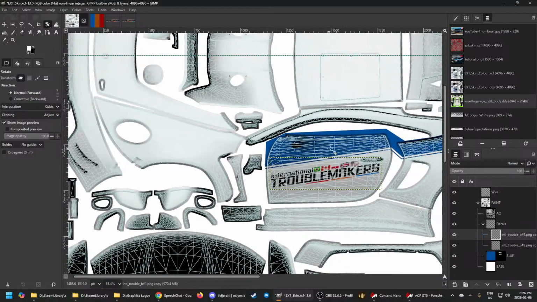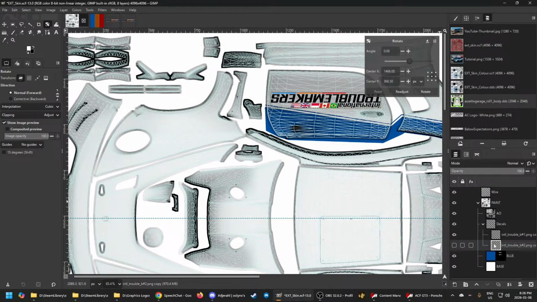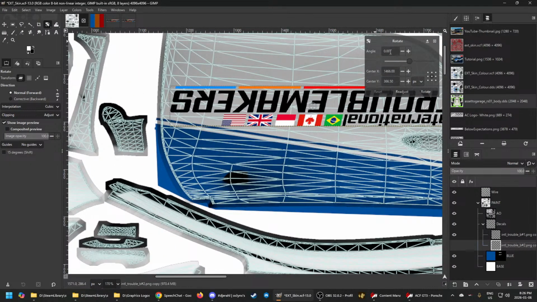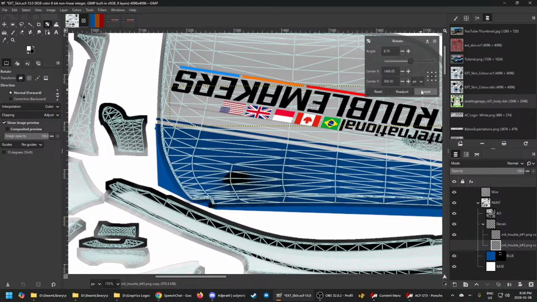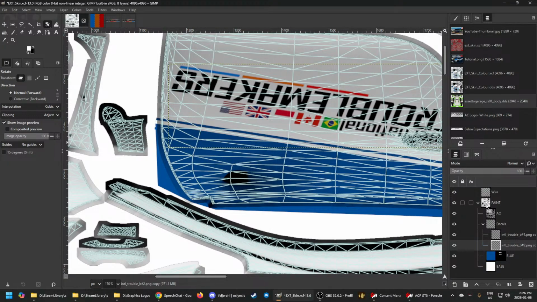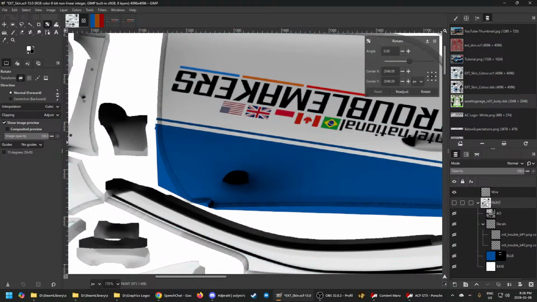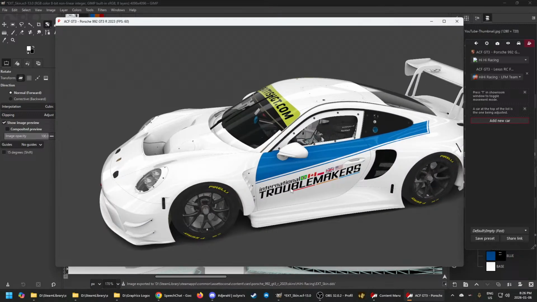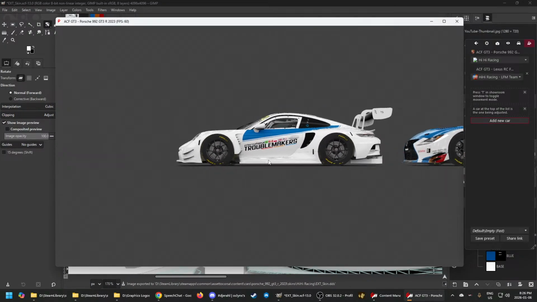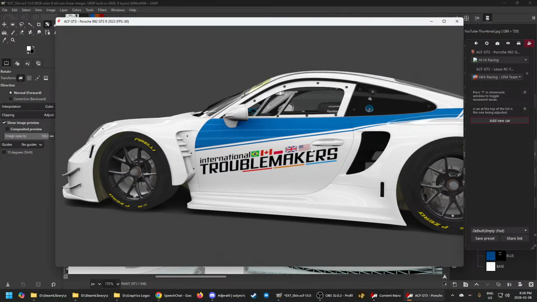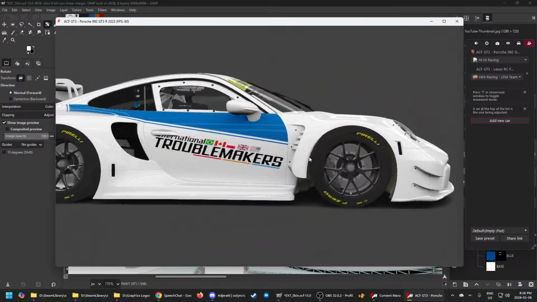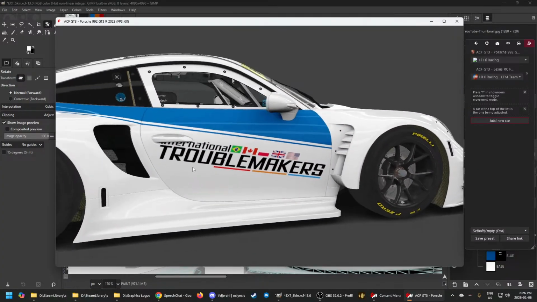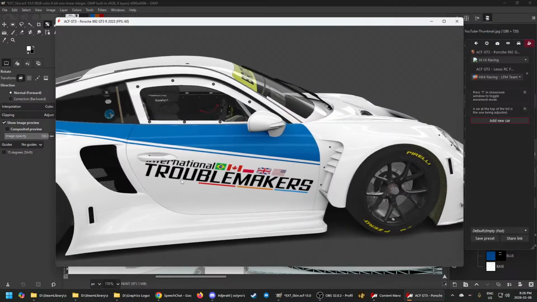And now because this is the key reason this piece is here, the other one was minus, so I know this one is going to be a positive number. And rotate. And we will export that. And we're getting our logo where we want it. And I kind of like exactly how that's not being interfered with, at least on this side, with the door handle. It is an issue on this one, so